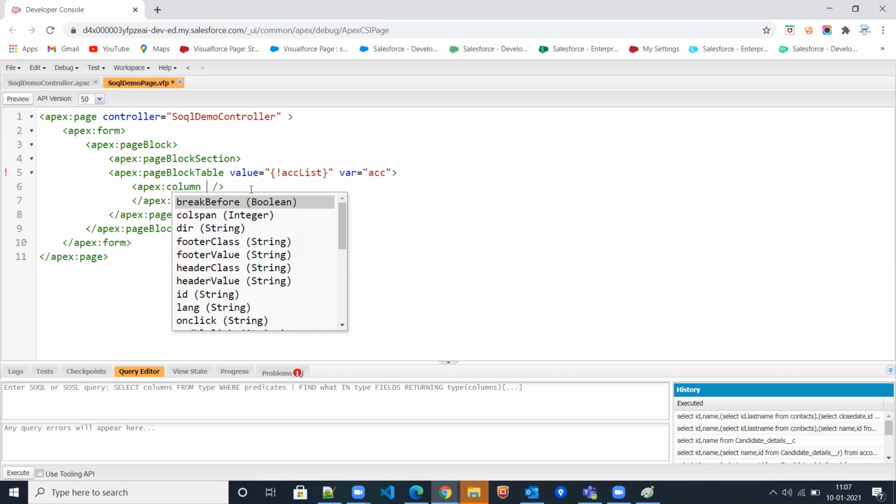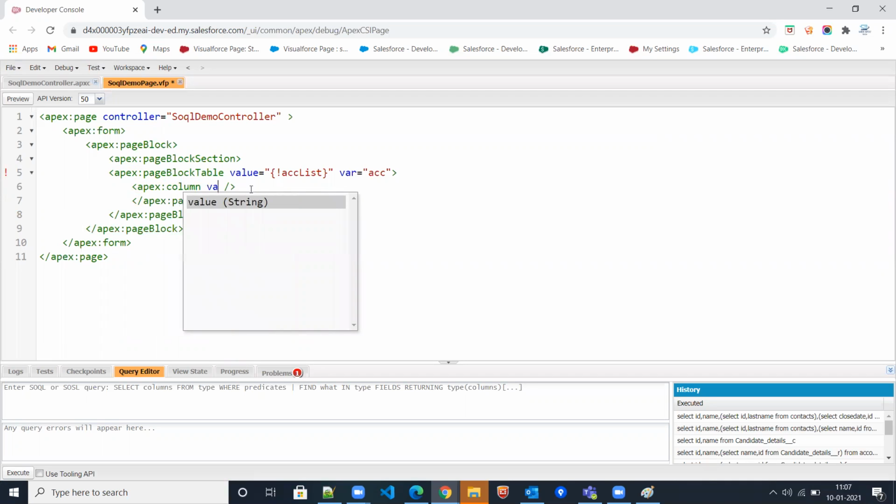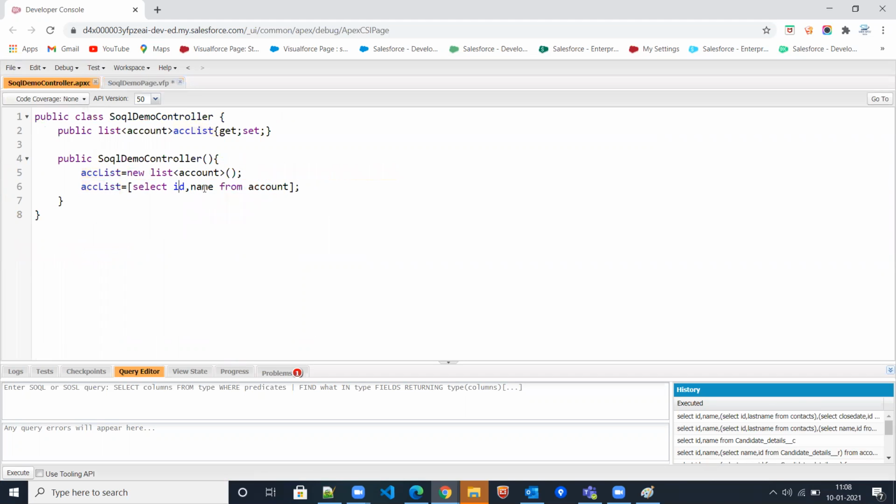In the column, we can write the value, whatever value we have. This variable we have to use here, acc dot. Instead of using the list directly, we are giving a reference to this acc. Whatever values we have in acc, we have Id, Name and all.